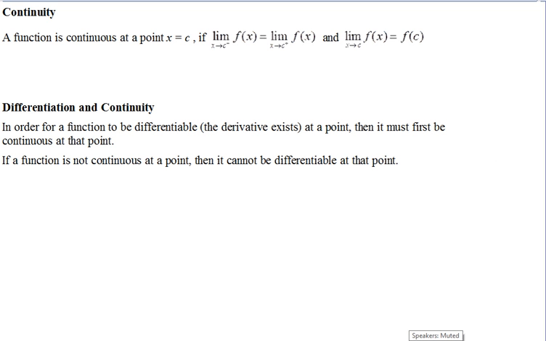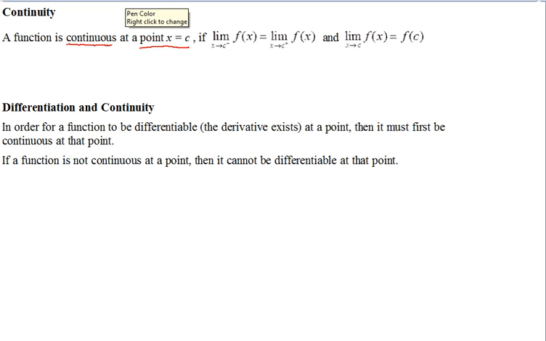These are notes for AP Calculus on the topics of differentiation and continuity. So let's first review what the definition of continuity is. A function is continuous at a point x equals c if